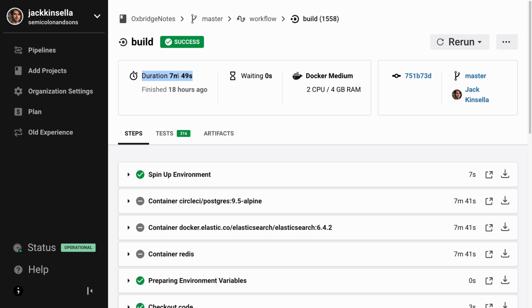First, you can see here that the whole thing, building the environment and running the tests, took 7 minutes and 49 seconds. This was once in the region of 30 minutes when I had even fewer tests, but I've gotten better at writing fast tests in the interim. The tools have also improved.